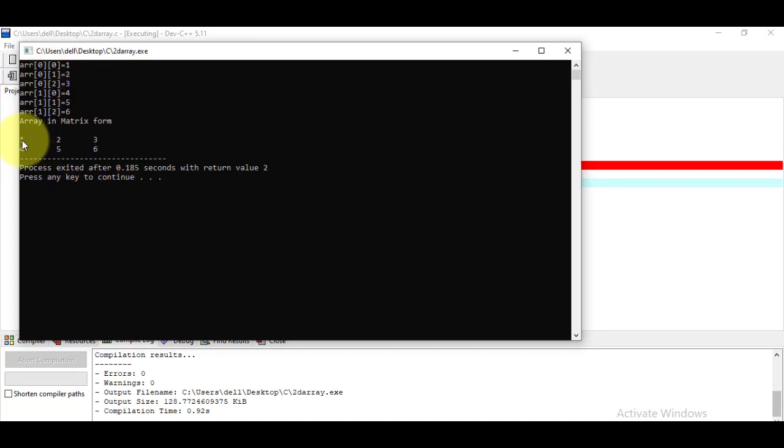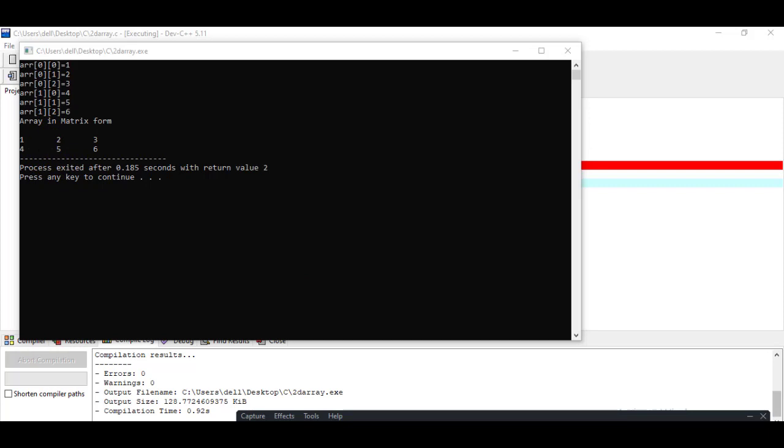This is our first row, 1 2 3, the second row is 4 5 6, and this is our first column, this is our second column, and this is our third column. So this is how we have displayed the result in matrix form and in coordinate form.